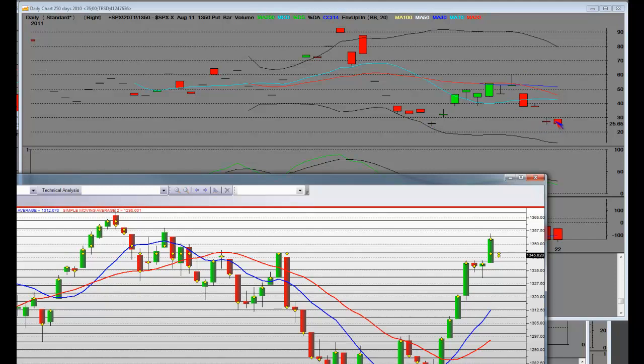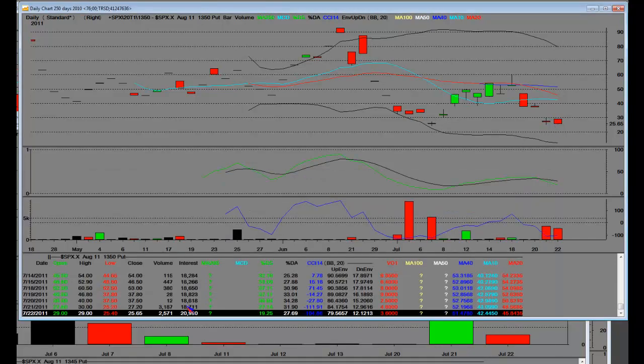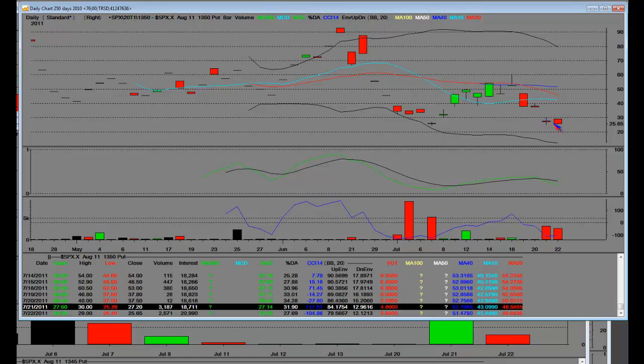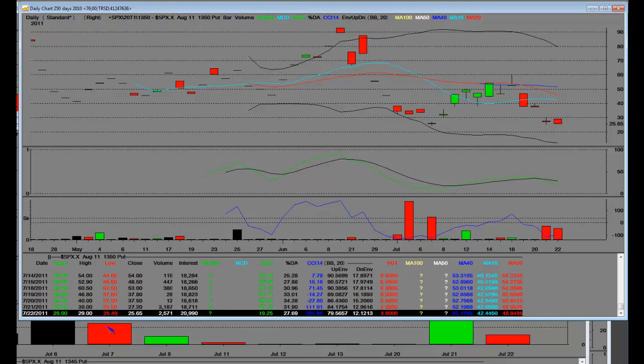And we're getting down to the levels here on this 1350 put in the S&P, right at the lows, which were 25.40, and that high, that top down as it appears to me, and the previous day right here when it gapped down, the opening gap down high on these contracts was 30, and they could have been bought over here for 25.20 that day, intraday low. So 25.40. The closing price on Friday was only 25.65. But my point is that from the high down, you have $29 on the high here,